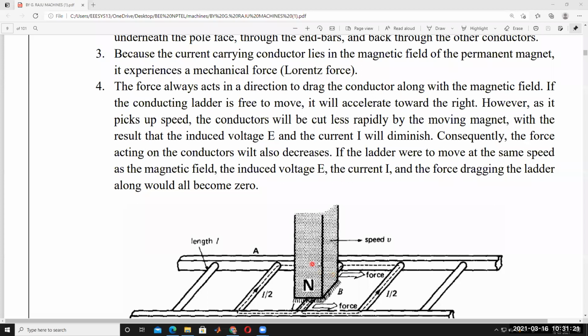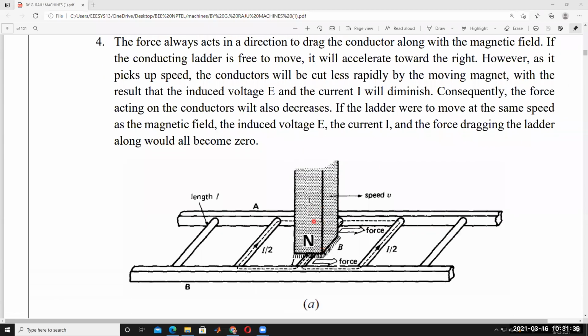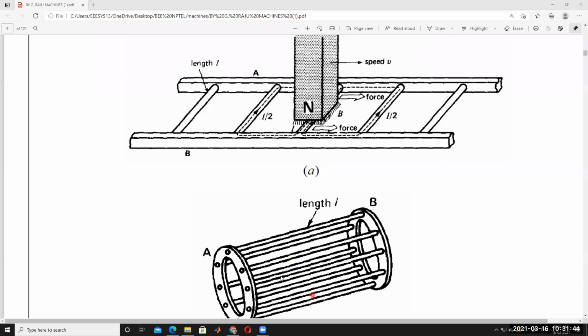That force direction is the same as the rotating magnetic field. So this force acting on the rotor conductor is in the same direction as the rotating magnetic field. A rotating magnetic field is nothing but a permanent magnet. If it is considered as a rotating magnetic field, the rotating magnetic field is rotating like this on the rotor conductor. The rotating magnetic field rotates on the stator winding.